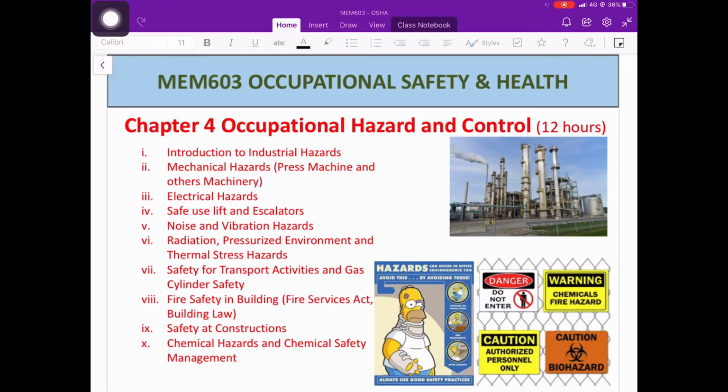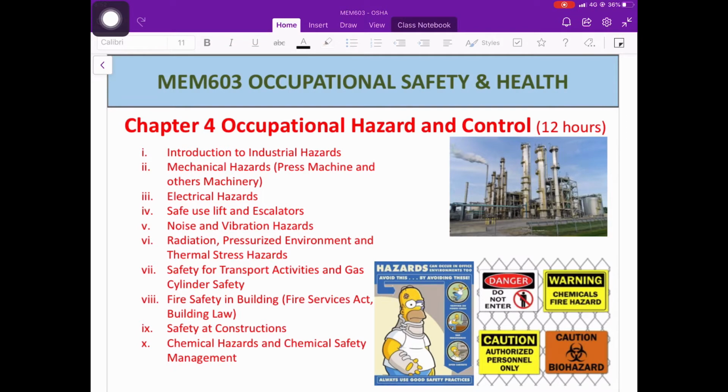Topic 4: Occupational Hazard and Control. In this topic, further discussion will be done on the introduction to industrial hazards, mechanical hazards including press machine and other machinery, electrical hazards, safe use of lift and escalators, noise and vibration hazards, radiation, pressurized environment and thermal stress